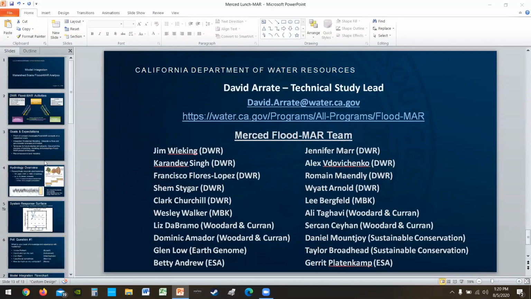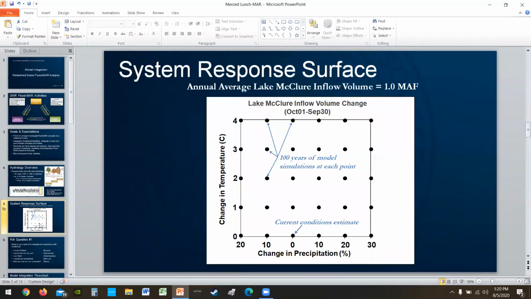We are using a different procedure, called decision scaling or a bottom-up approach, which takes the historical pattern of the climate that we have observed and perturbs it, in this case by from minus 20% to plus 30% change in precipitation on an annual basis, and from 0 to 4 degrees Celsius increase. So the current condition is at 0, 0,